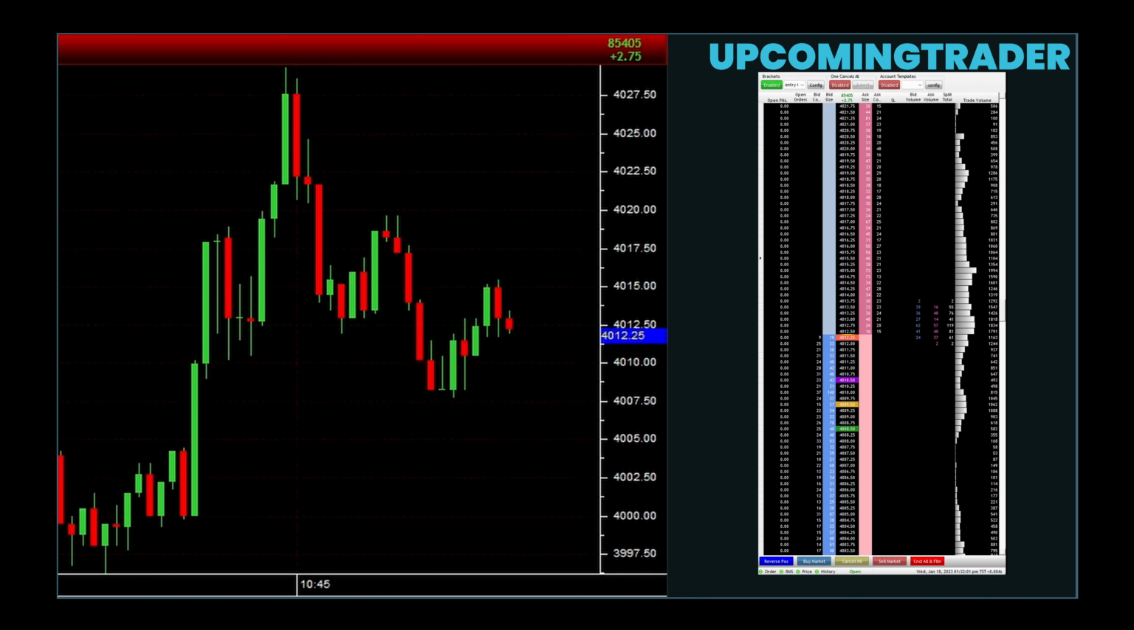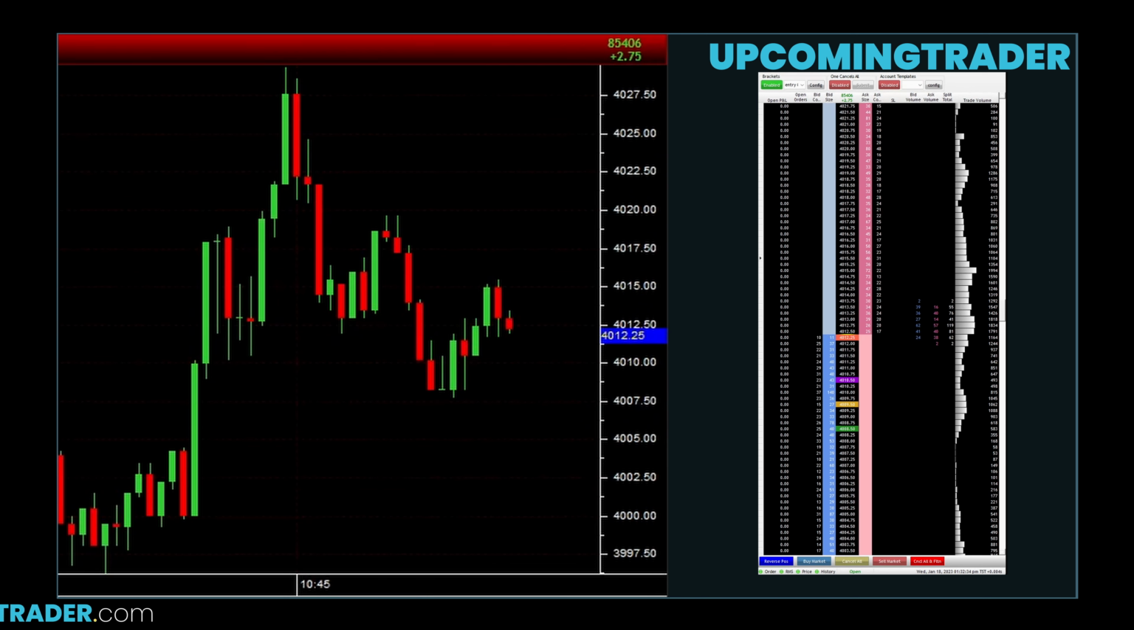The rounding bottom and rounding top are patterns that form more gradually than other reversal patterns. A rounding bottom resembles a bowl shape and indicates a slow shift from bearish to bullish sentiment. When a bullish exponential moving average crossover takes place during a rounding bottom, it is often a strong signal to